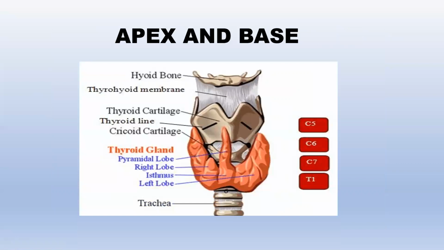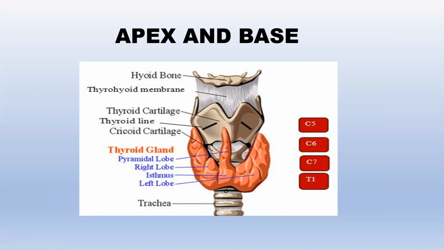First, apex and base. So this is the apex and this is the base. Superiorly, the apex is restricted by the attachment of sternothyroid to the oblique line of the thyroid cartilage. This apex is related to the superior thyroid artery along with the external laryngeal nerve. In the upcoming slides, I will show you the picture where the superior thyroid artery and external laryngeal nerve enter the gland, so it will be easy for you to remember the relations of the apex.